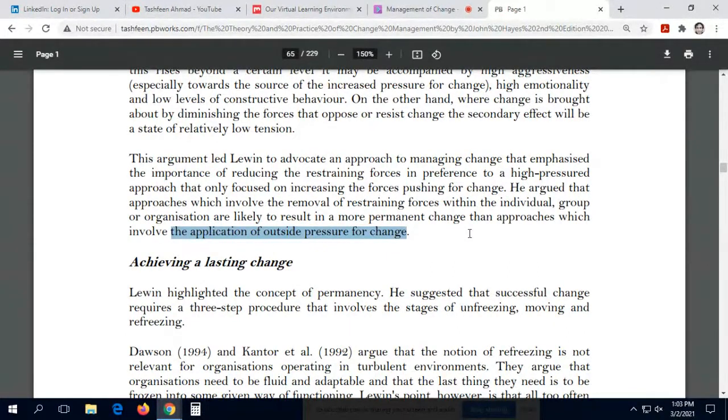So if I force you to read this book, you might do it, but if you are doing it because I am forcing you, and you are not doing it because you want to do it, then you will read this book, maybe, but this will not bring you the habit of book reading. You will not start reading books. On the other hand, if you decide yourself that